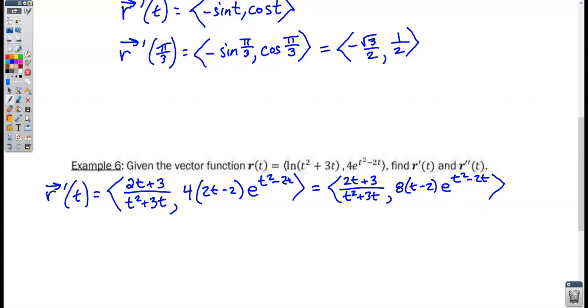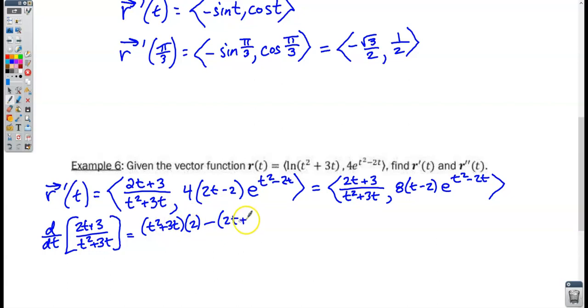To get my second derivative, I need to take the derivatives of each of these components. And so I'm not just going to be able to write this down. I can't just take these derivatives right off the top of my head and write the second derivative down. So I'm going to have to go ahead and take the derivatives of those components and then write my second derivative in a moment. So let's take the derivative of 2t plus 3 over t squared plus 3t. I'm going to apply the quotient rule here. So we've got low times the derivative of high minus high times the derivative of low, square the bottom,